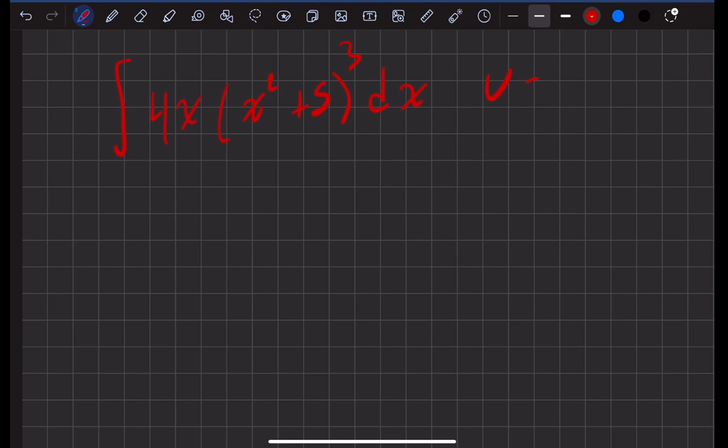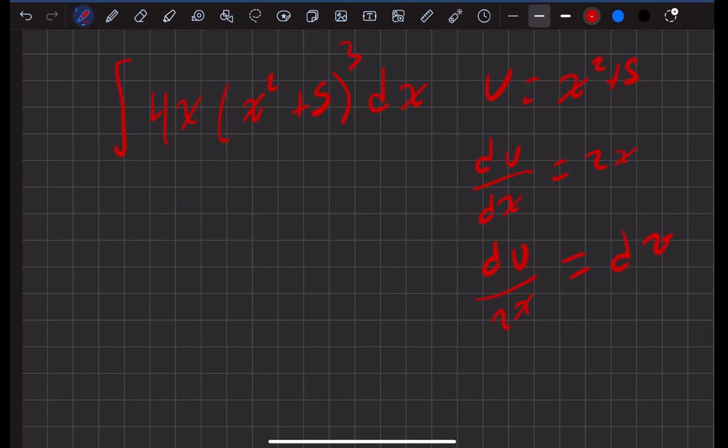So our u is going to equal x squared plus 5. And we need to put this into terms into this equation itself. So we have to actually get rid of dx as well. An easy way to do that is to take du over dx and then solve for dx in our equations. We're going to set du over dx equal to the derivative of x squared plus 5, so that's 2x. And then we're going to want to solve for dx. So it would be du over 2x